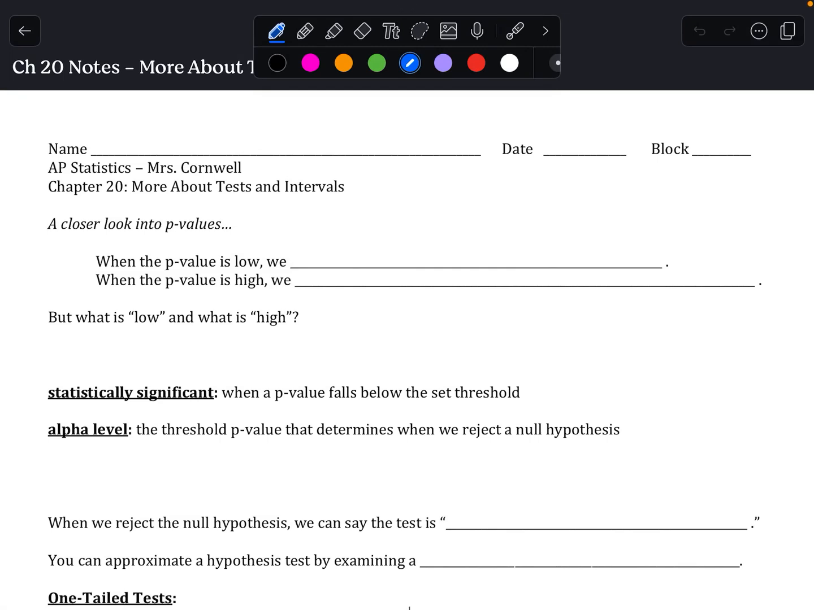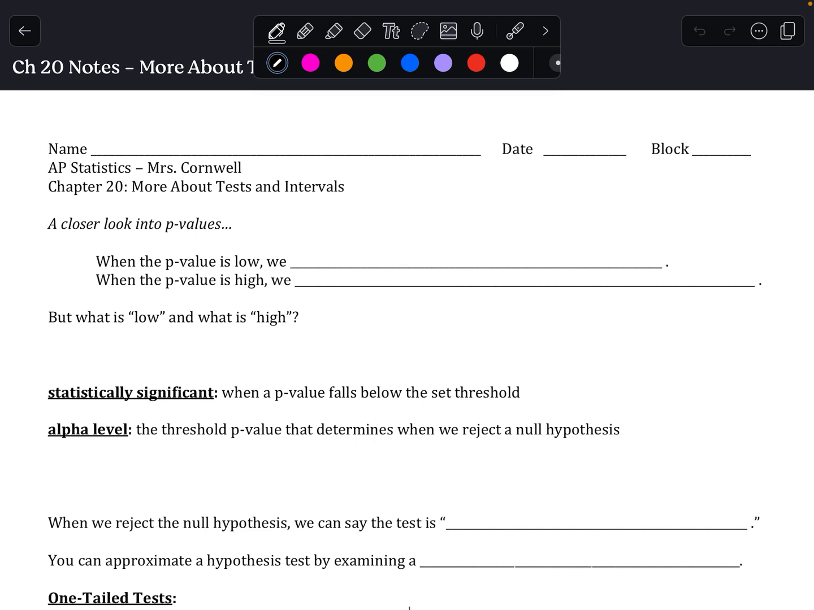Good morning. So we are going to start chapter 20. In this chapter, we're really just adding some extra details to what we have already learned about hypothesis tests and confidence intervals in chapters 18 and 19. So a lot of this stuff's going to sound familiar. We're just taking a deeper look into parts of it and giving some names to some things that we've already